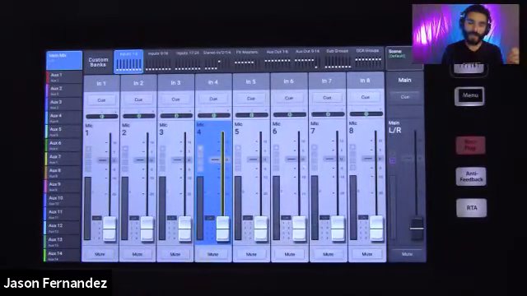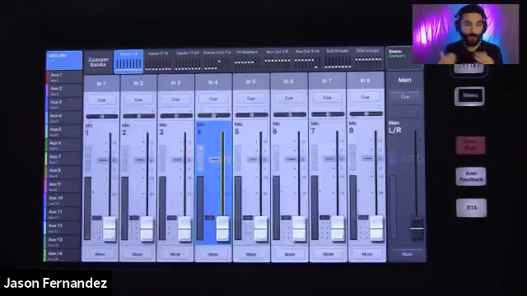On the TouchMix 8 and 16, this is a little bit smaller screen, so it's a 7-inch screen, and it is a single touch capacitive screen. So it does not accept the multi-touch. That's just a simple difference in hardware. But you do have the ability to pair an iPad or a tablet with any of the mixers. And so if you're using an iPad or a tablet, those screens do have multi-touch capabilities, and so you can take advantage of that functionality that way on the 8 or 16.